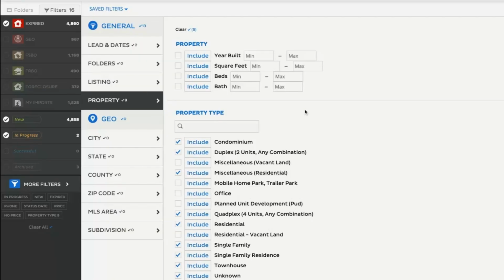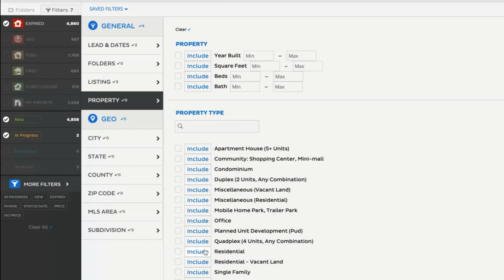So right. One other thing that I want to point out with this property type, and specifically how I'm filtering it, you'll notice that these all say include, and then I have check marks next to some of them. If none of them had check marks, then it would include all property types. With some of them having check marks, it's only going to include the ones that I have check marks next to. If I go through and I uncheck all of these,